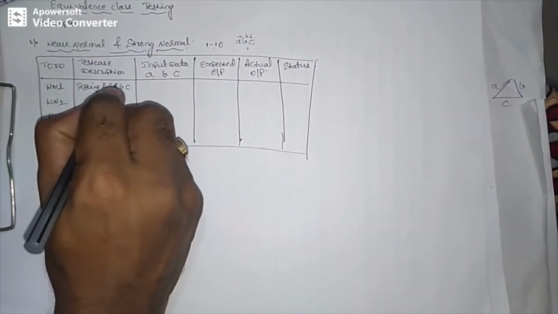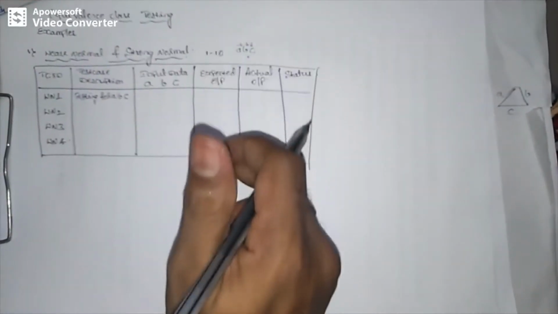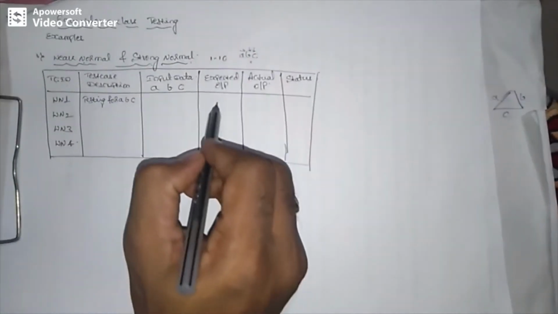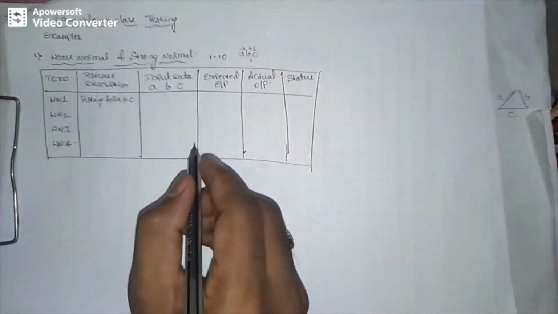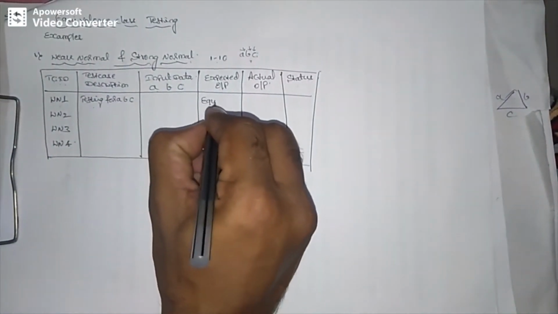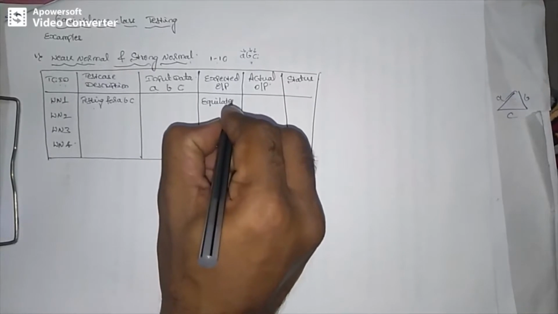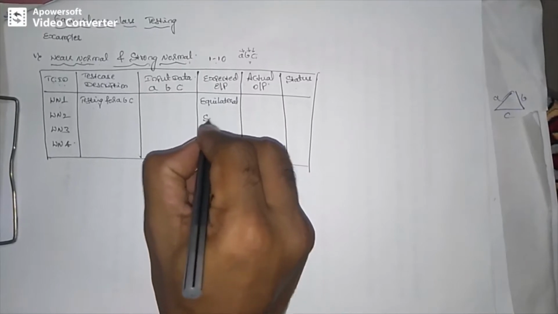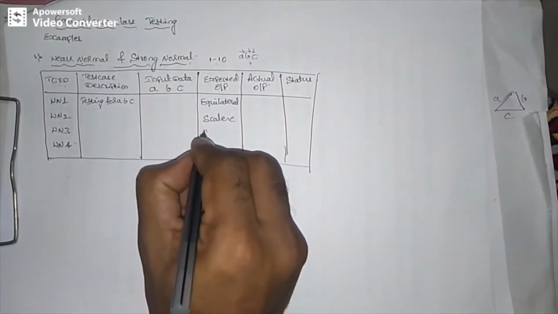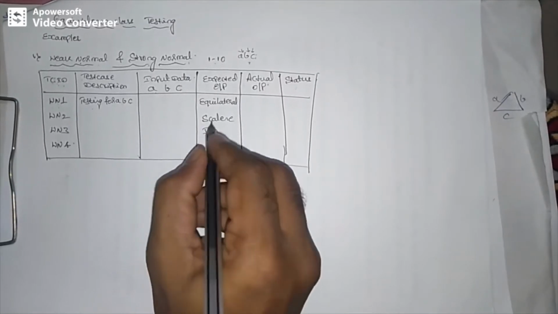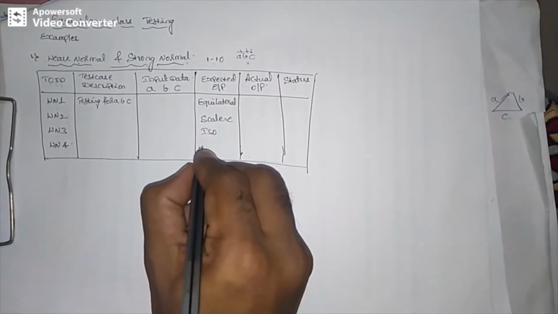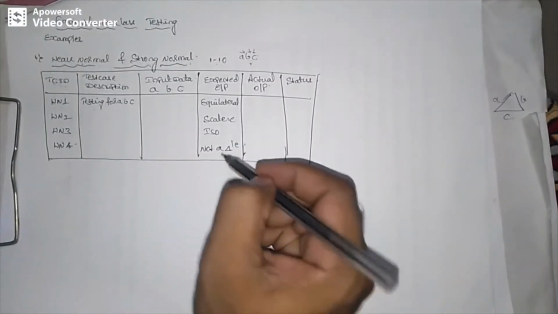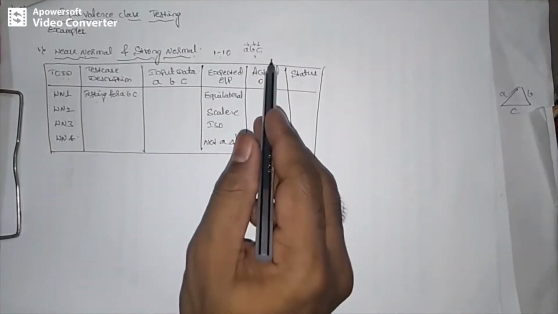Now, testing for A, B, C. First I will list the expected output results, based on the valid input variables and the possible outcomes. We may get an equilateral triangle as the first output, scalene as the second, isosceles as the third, and the last possible output is not a triangle. These are the four possible outputs when we specify valid input variables.